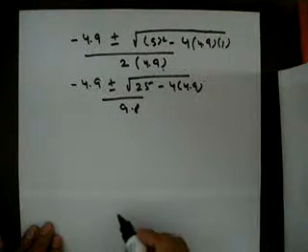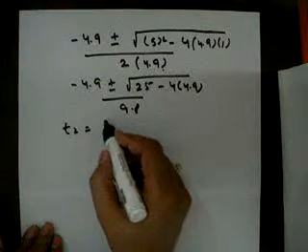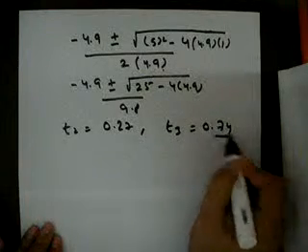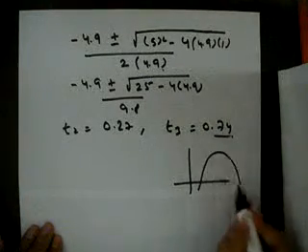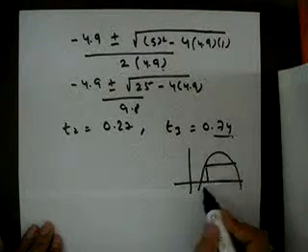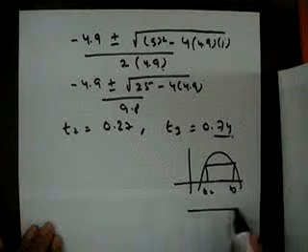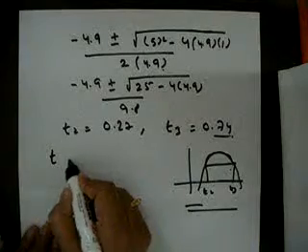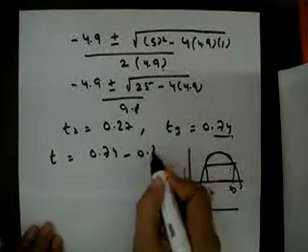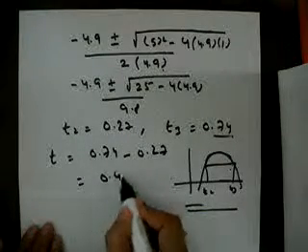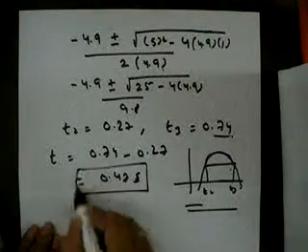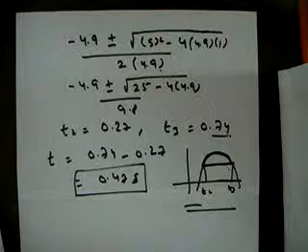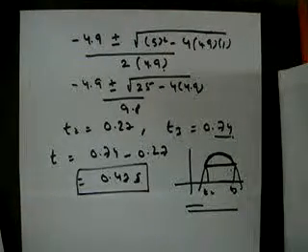If you solve this, you will get t2 equal to 0.27 seconds and t3 equal to 0.74 seconds. So just as I explained, this is 1 meter, so I get t2 and t3. So I'll just subtract t2 from t3 and I'll get this time frame. So I'll get 0.75 minus 0.27 equal to 0.47 second. So for 0.47 second, the person will be above a height of 1 meter. So this is the approach to solve this particular type of quadratic equation.